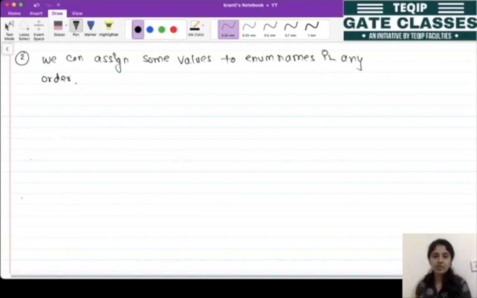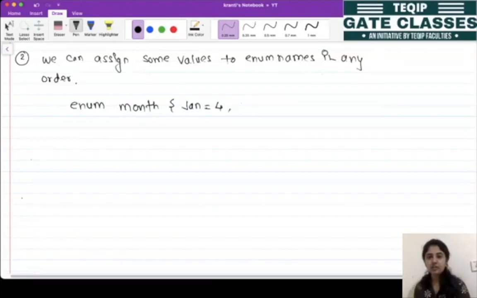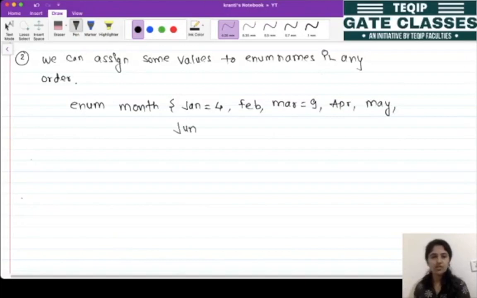And so let's say this is our enum month. In this, let's say this is our January, so here let's say I have assigned the value 4. Then Feb, March let's say 9, April, let's say June, okay, so let's not write this. So till May we have mentioned.